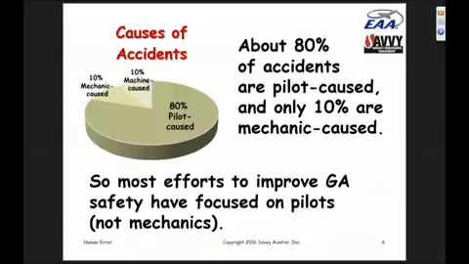And as a result of the fact that most human error accidents are caused by pilot error as opposed to mechanic error, most of the efforts to improve general aviation safety have focused on pilots rather than mechanics,